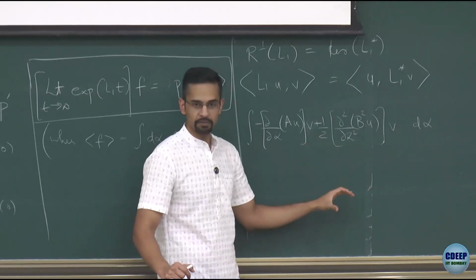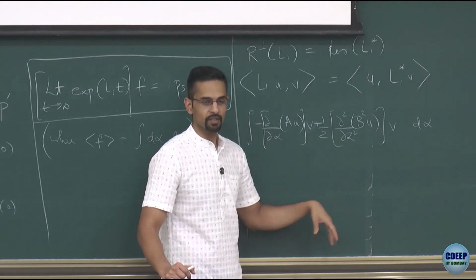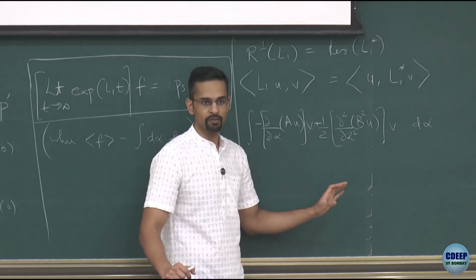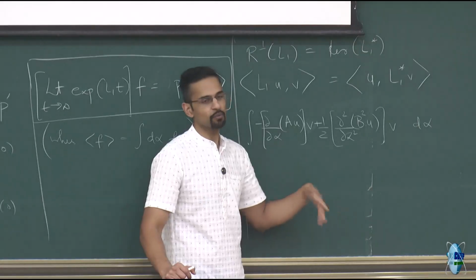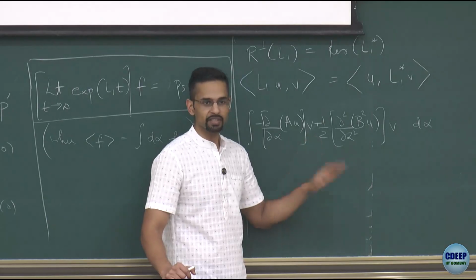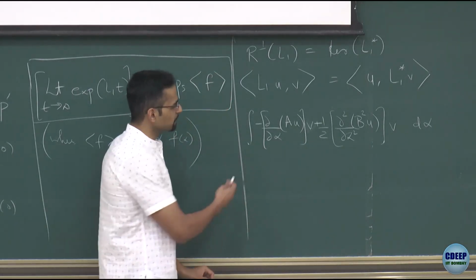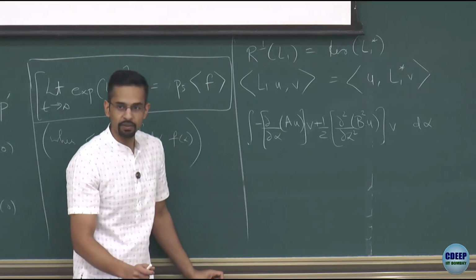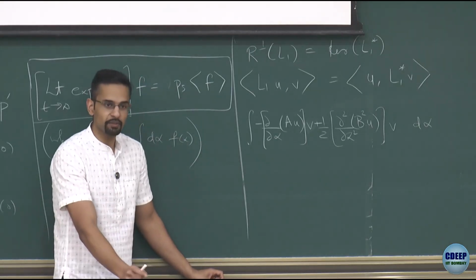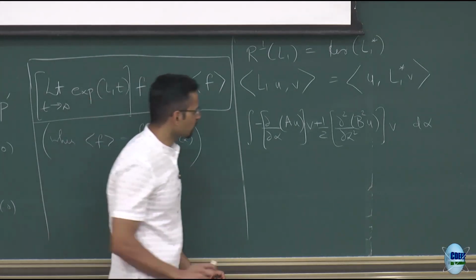Now if you put no flux boundaries on U and V, that means the derivatives are 0. Or you put periodic boundary conditions on U and V, or you put 0 at plus minus infinity. In all those cases, it will cancel out. So with such homogeneous boundary conditions, the boundary terms will vanish. And the derivation, in fact, you have done this multiple times. You also did this when we derived the Fokker-Planck equation in the beginning. So I'll not spend time here.